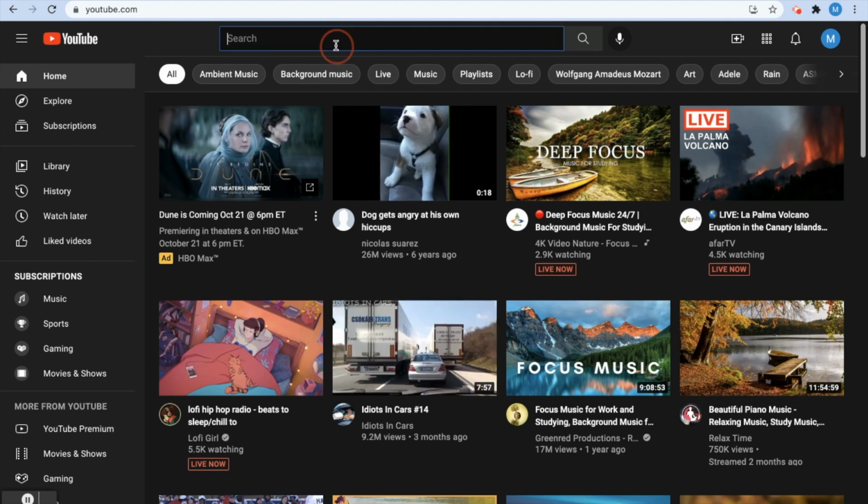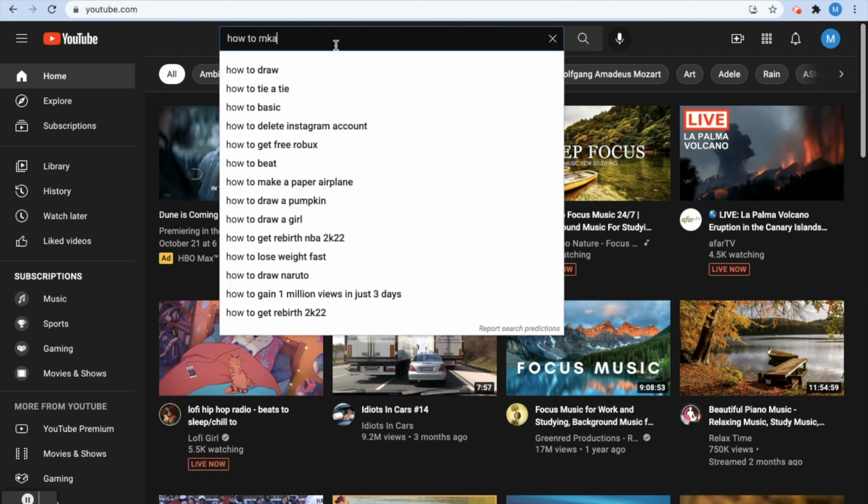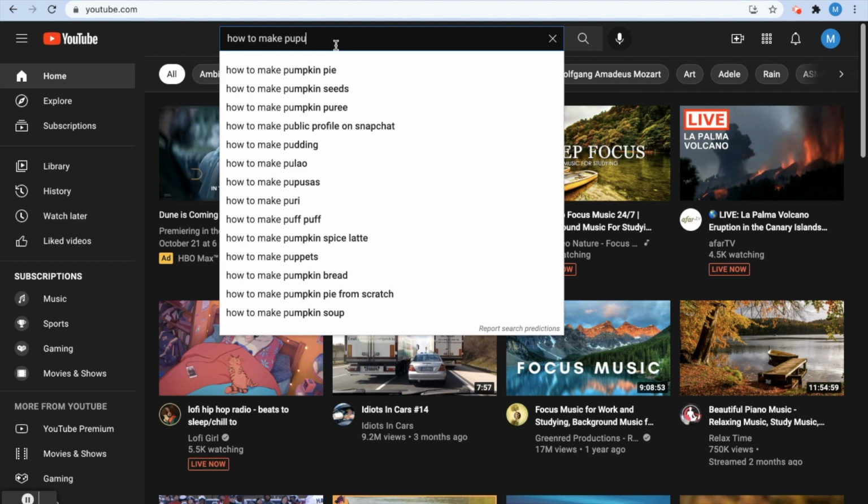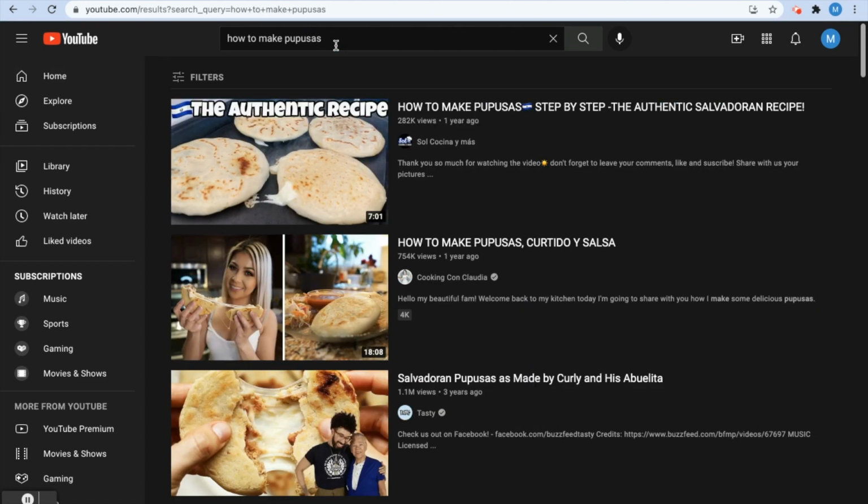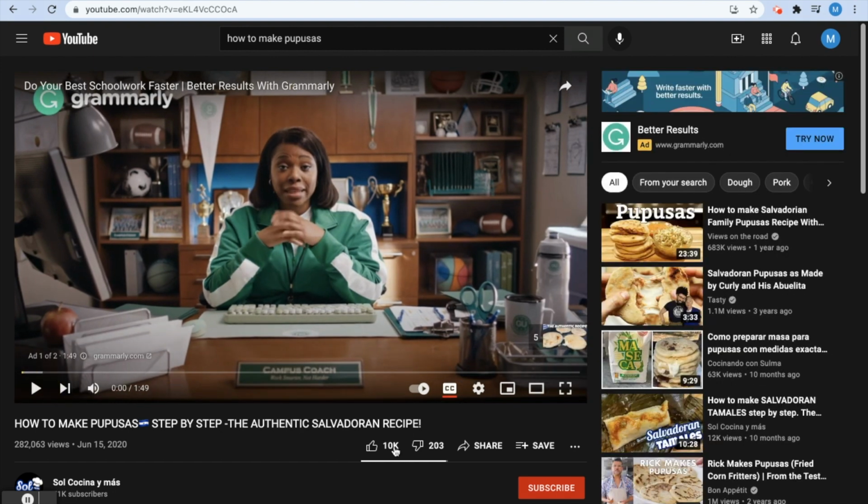So let's do a quick search for how to make pupusas. All right, so let's say that we want to use this one right here. Okay, so once you find the video that you want, if you go over here to the bottom right corner